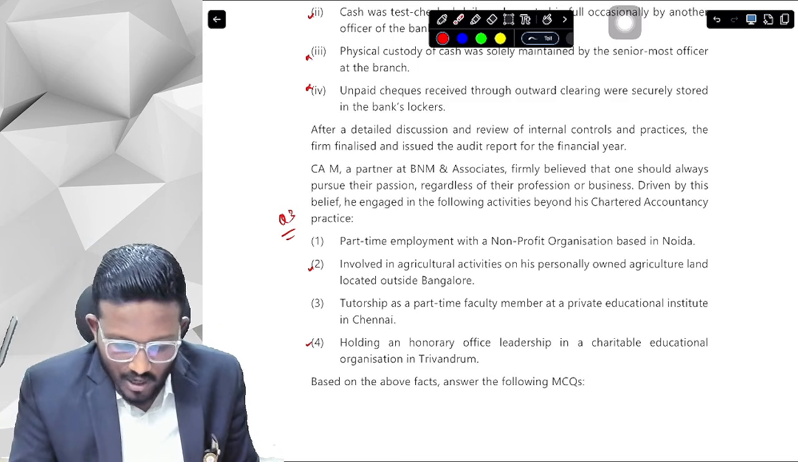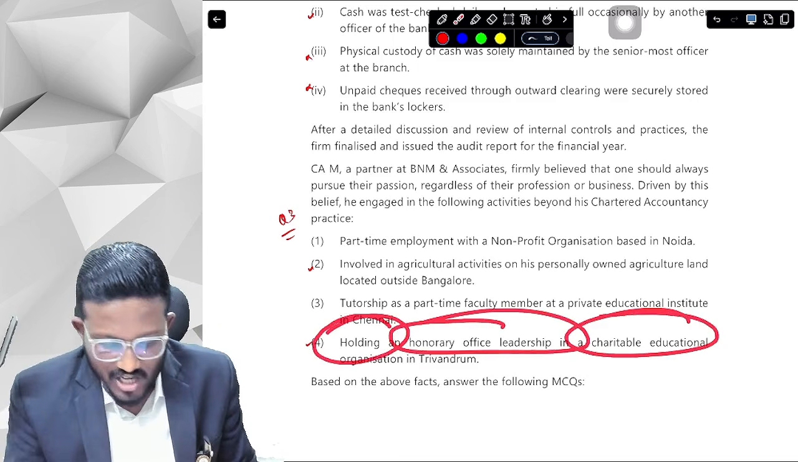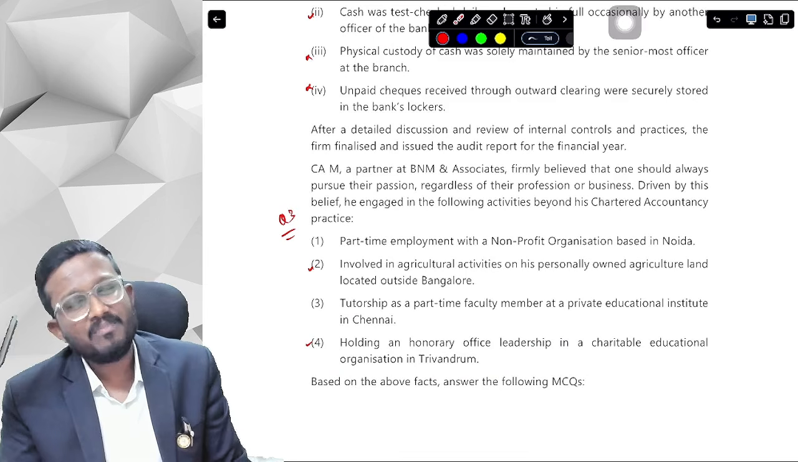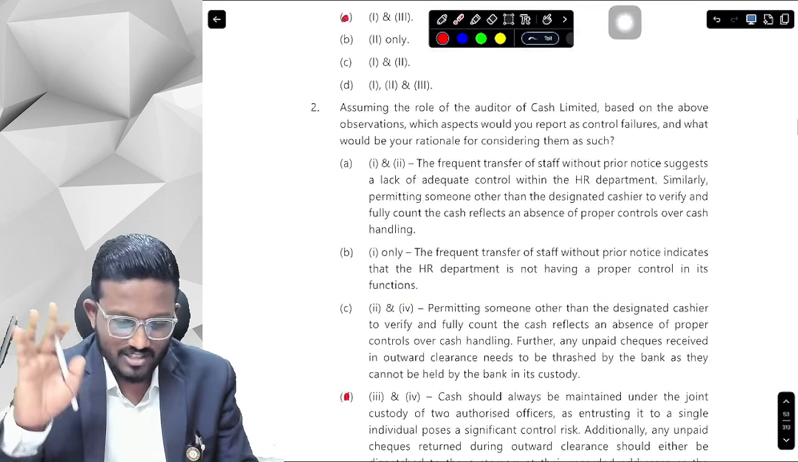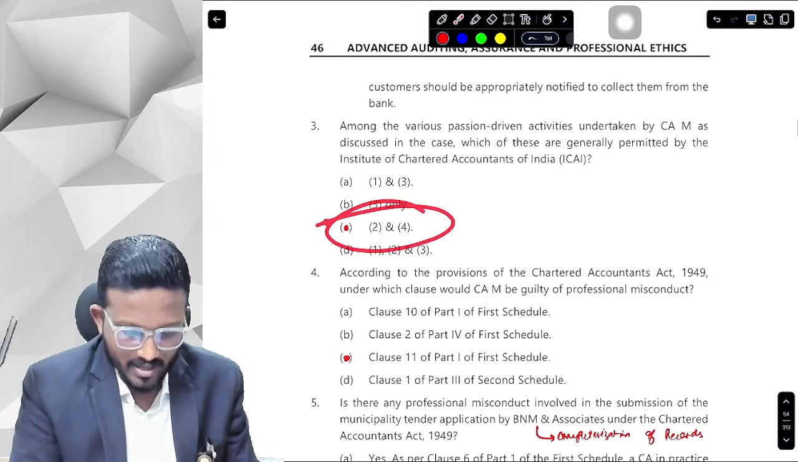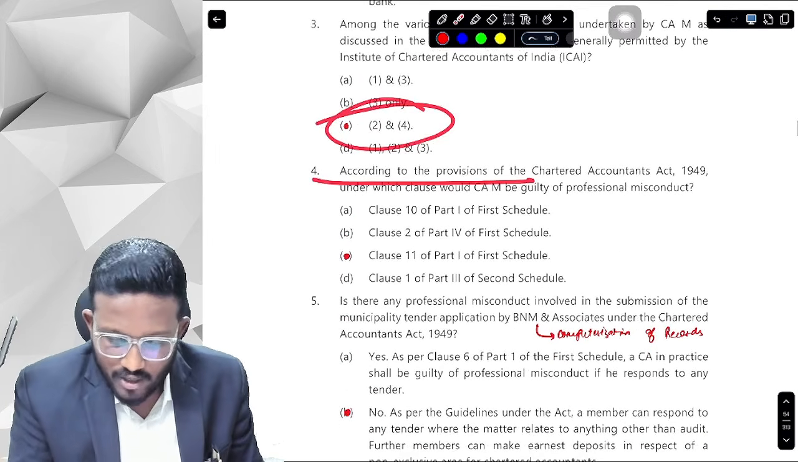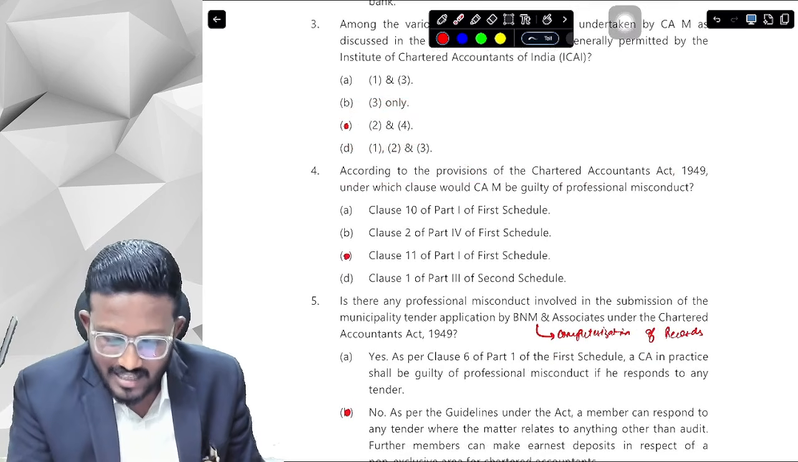And lastly, you are holding an honorary office leadership in a charitable education institution in Tirunelveli. Yes, you can hold the honorary office leadership in a charitable education institution. That is generally permitted. So 2 and 4 are generally permitted. Okay, yes sir. Now it says, according to which provisions of the Chartered Accountant Act, CAM will be guilty of